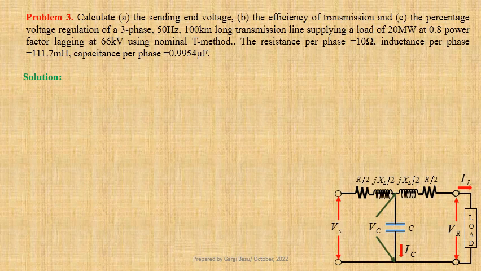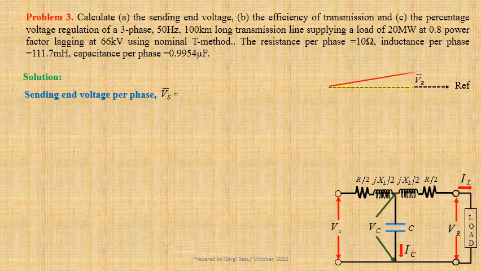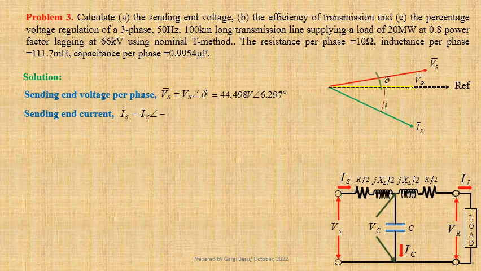We have obtained sending end voltage per phase Vs equals to Vs at an angle delta equals to 44,498 volts at an angle 6.297 degree, and sending end current Is equals to Is at an angle minus phi 1